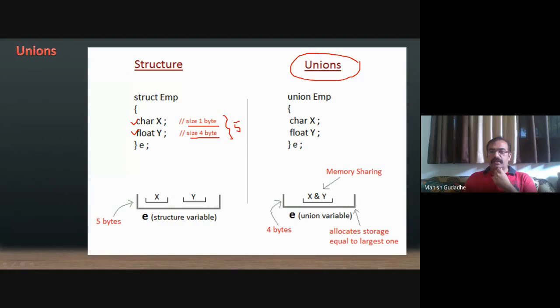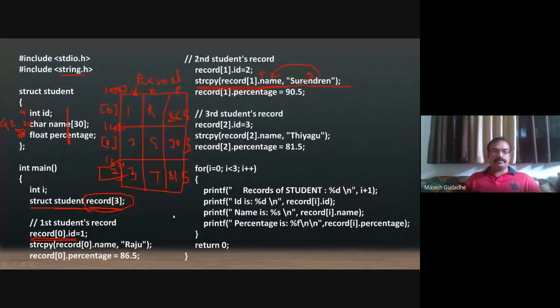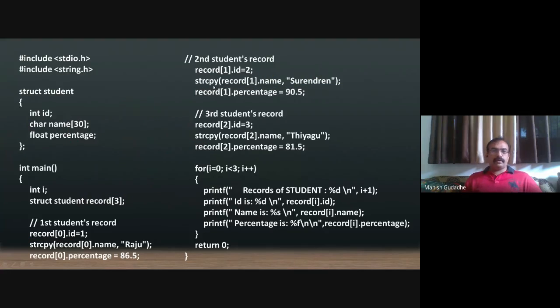So, Harshali is saying that please show the example of structure to input the array like name, roll number, and mark. Means you want how to scan them as a scanf statement. In the earlier example, we directly put the information, but if the user wants to put information, how to do it? Okay, Harshali. I'll just erase all these things from here. Now, I hope you have understood that we can input it.